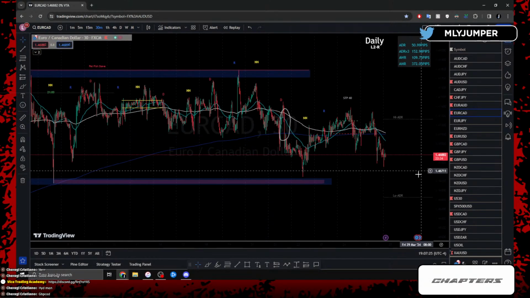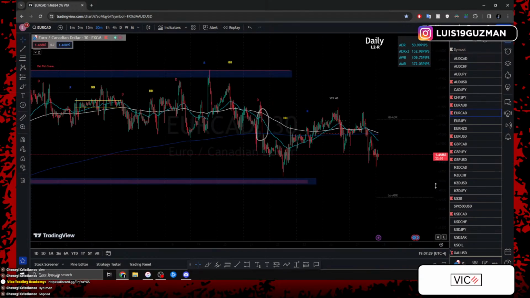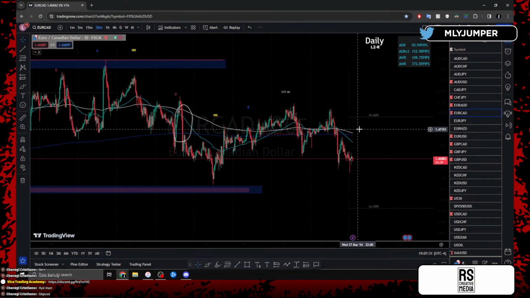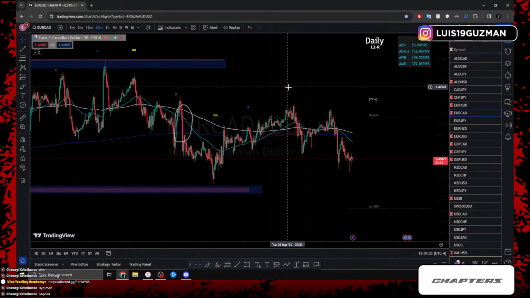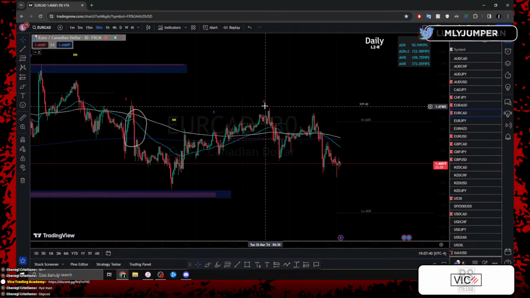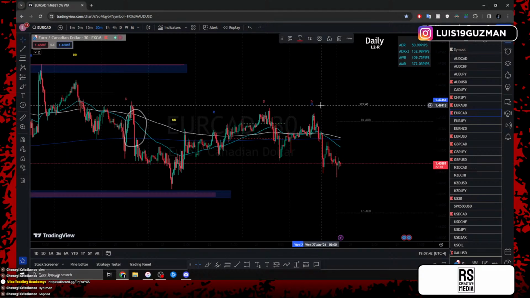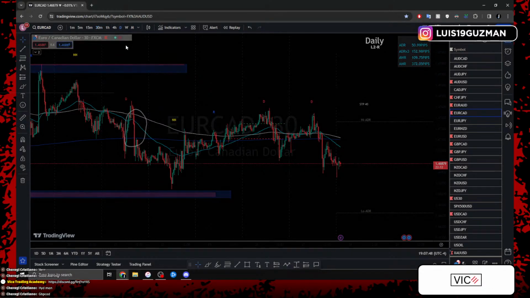EURCAD, same thing too, right? We still know that we're trading between this 30-minute high and this 30-minute low. Price gave us a day of rise, then gave us a day of drop, right? And then gave us another day of drop today. 2 days of drop being the third day, right? Third day was already given with the opening candle of the session, and price started going up.